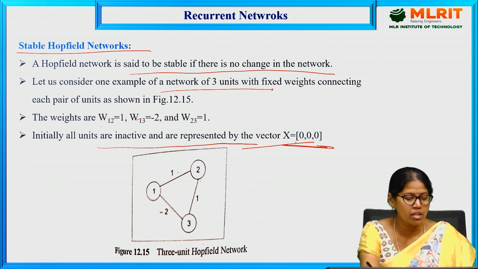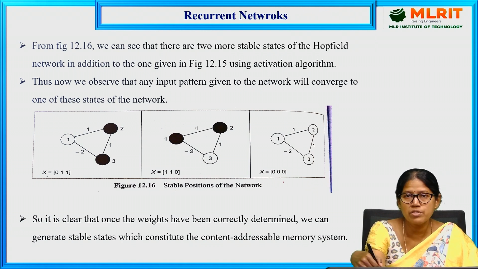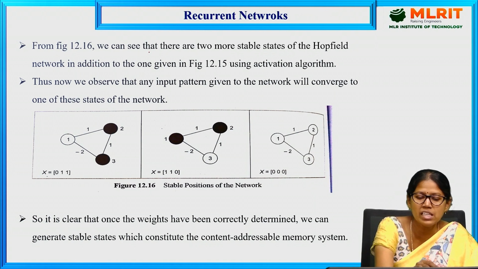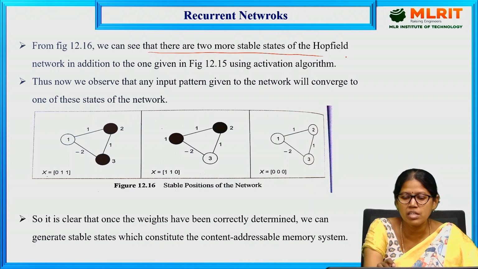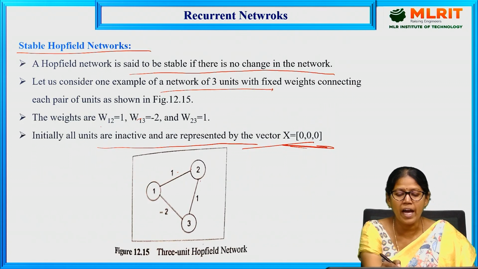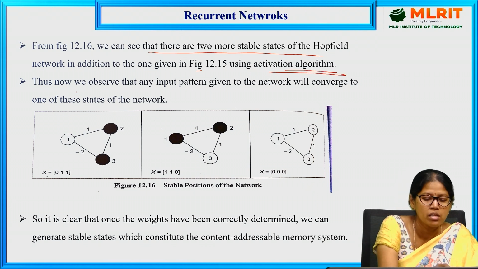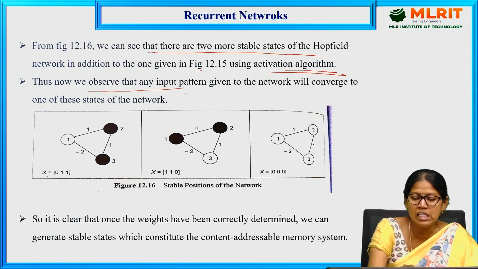So the values are 0, 0. Next, the stable positions of networks. We can see that there are 2 more stable states of the half-wheel network in addition to those in the below diagram. Using the activation algorithm, we now observe that any input pattern given to the network will converge to one of